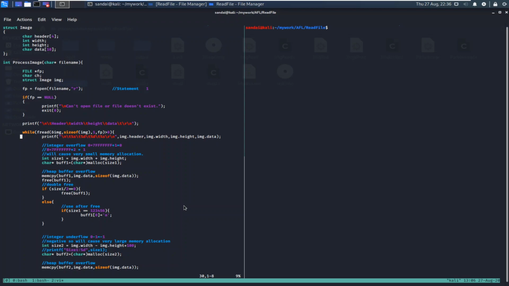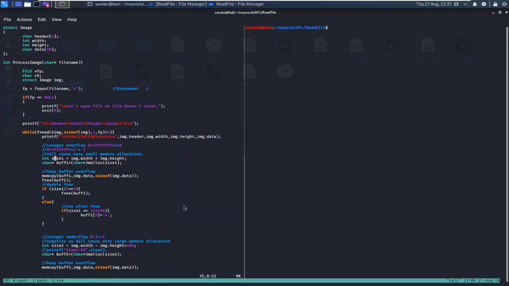So it keeps reading the data until it returns some positive value. And inside this while loop, you can see that